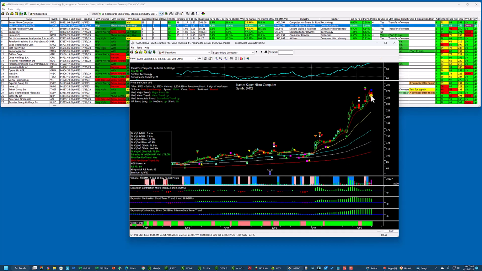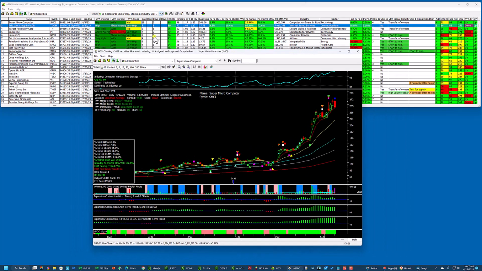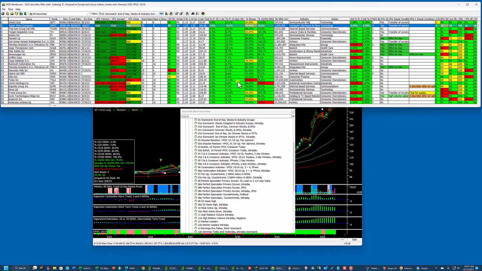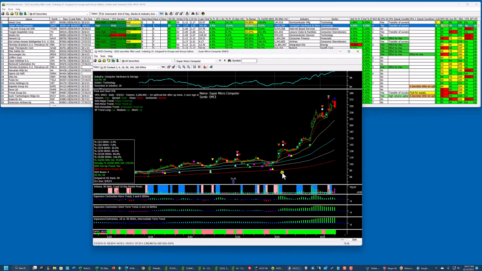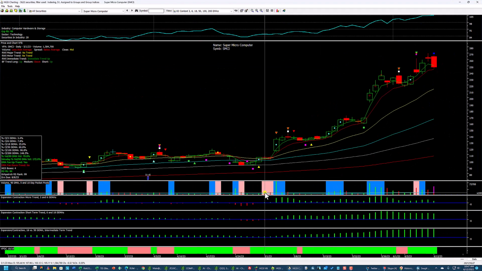Okay, and here is exactly what I can see up here in the warehouse view. But what's important, did I get the right one? Yes, Super Micro, I got it. 30 days ago, the 3 crossed the 6, and this is what I'm saying about no stock being able to have a substantial move before the 3 crosses the 6. And if you look down here, it actually crossed here. I'll bring this up full screen. Right here,